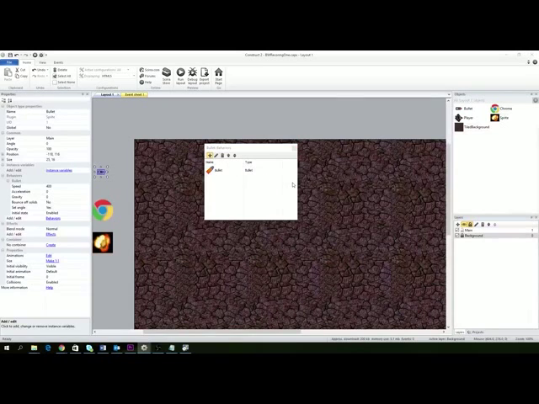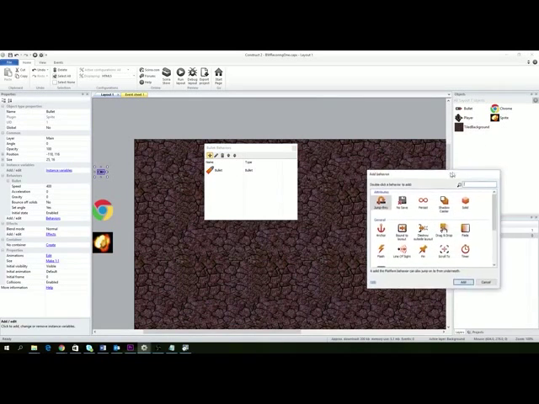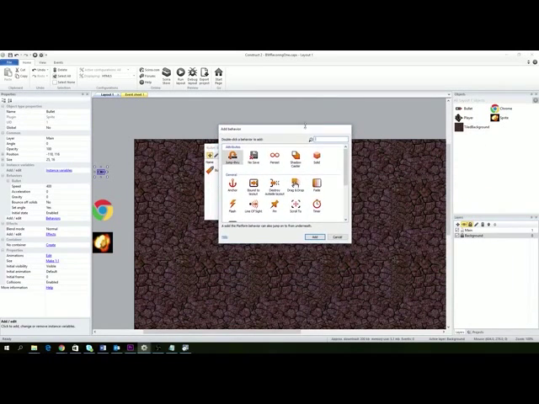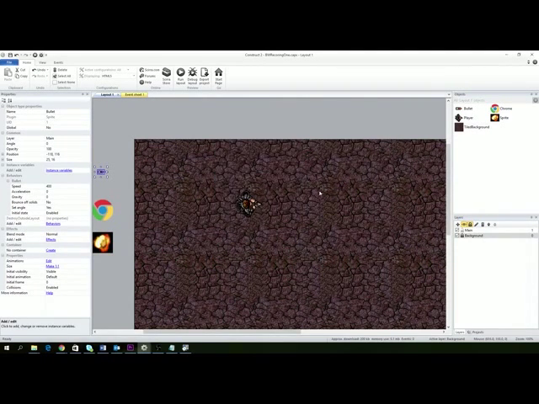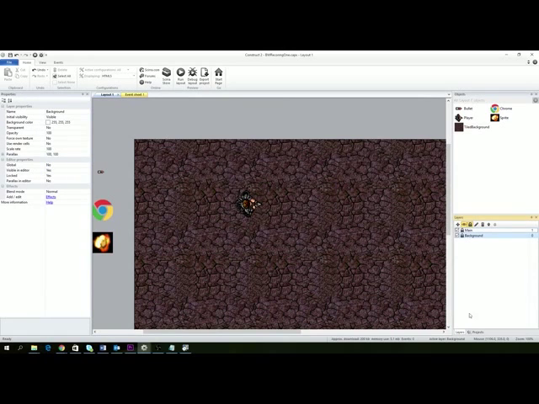And the other one is destroy outside layout. Now, bullet movement means it's going straight. Destroy outside layout means, once I get out of what is referred to as the layout, which is here,